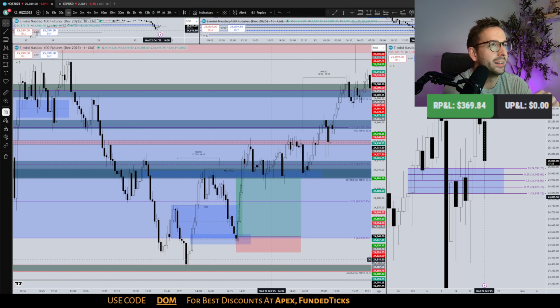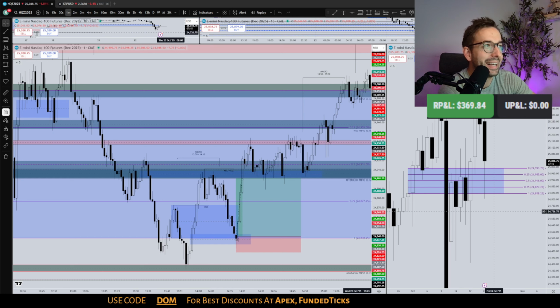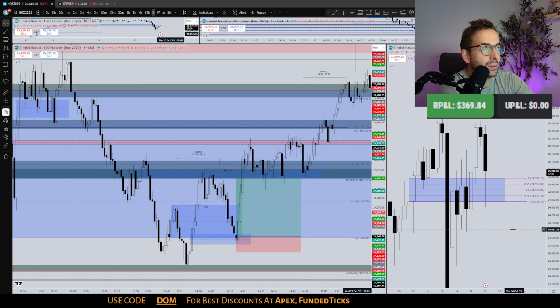This was a 3.5 to 1 risk to reward trade, afternoon of October 22nd of 2025. I want to focus your attention to the right-hand side here, which is the daily NQ chart. Point one is we want to understand where the key fair value gaps are on the daily chart and where the key wicks are. We want to grade those, and apply those grades to the 1 minute